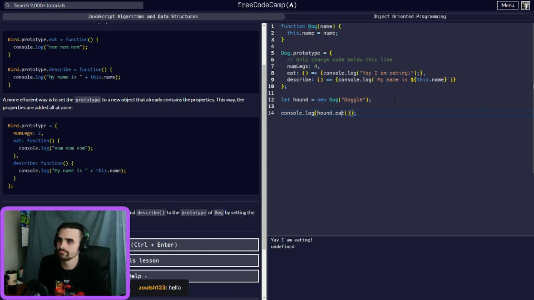Oh, because we're already calling it. It already prints it off to the console. See, now when I do hound.eat, it automatically throws it out to the console because of all these prototypes. So it's adding it to this prototype.